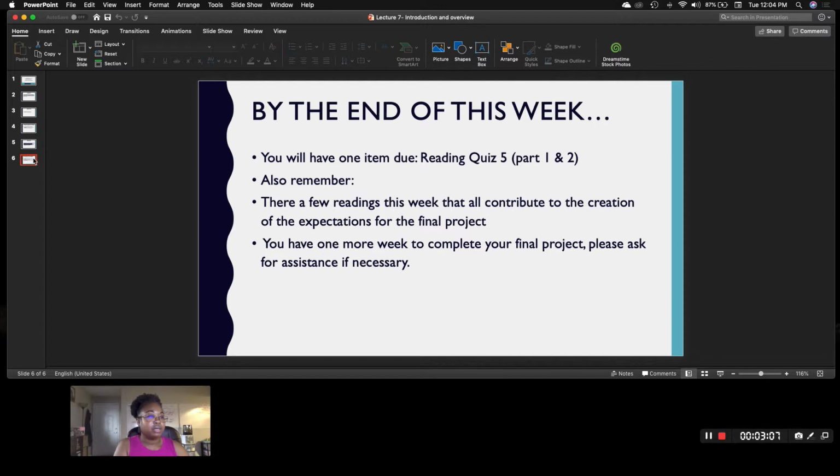So by the end of the week, please remember that you only have one thing that's due, which is Reading Quiz 5, but it has 2 parts. The first part covers readings 1 and 2, and the last part is for Article 3. It covers all the content for that article. So please make sure that you actually take the time to do the reading, as it is a little bit time consuming, but that's the only thing that you'll have to worry about outside of the